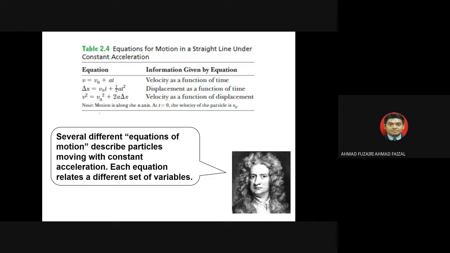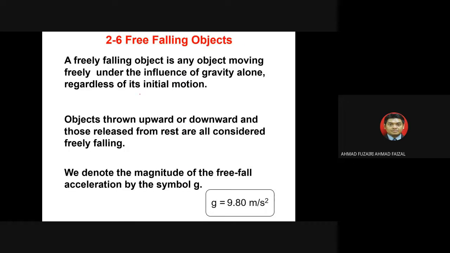This equation, for example, velocity as a function of time, position as a function of time, or the displacement as a function of time, and also the velocity as a function of displacement. So we want to expand the usage of these equations in terms of other motions. For example, now we will have a new motion, of free falling. Free falling objects fall under the influence of gravity,